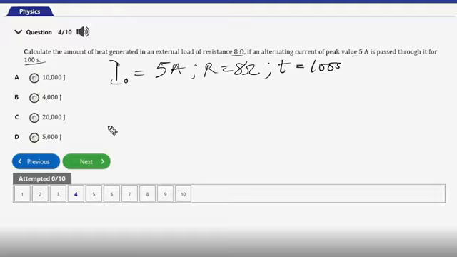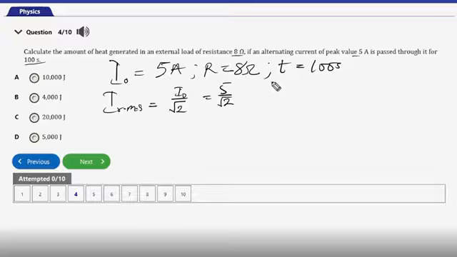So with this, I root mean square, of course you know, is I naught over root 2. So where I naught is 5, and then so we have 5 over root 2